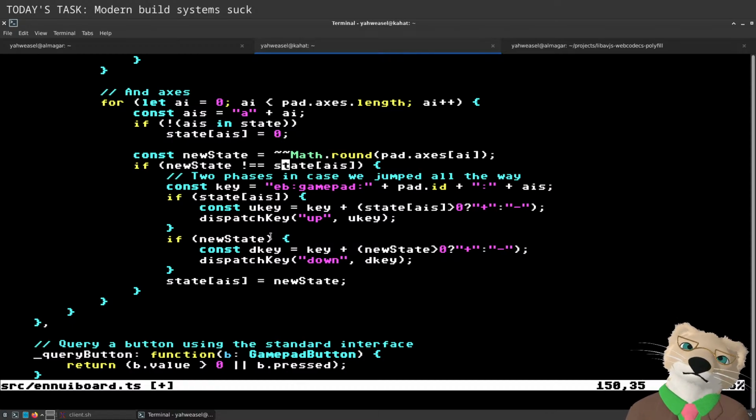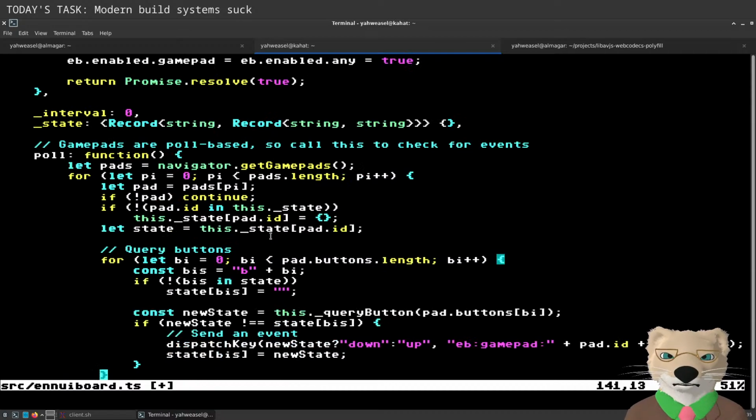How does this actually work? So if the state was already set... okay, I do need both.